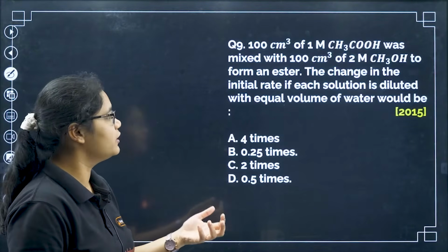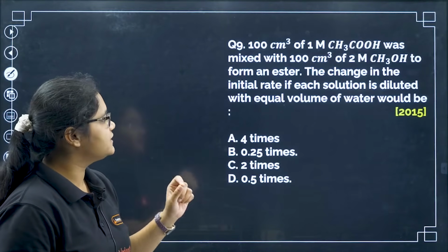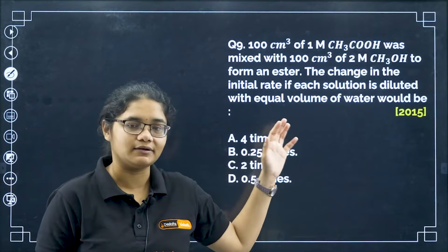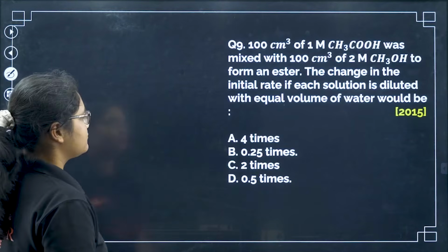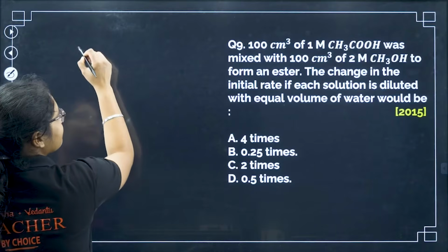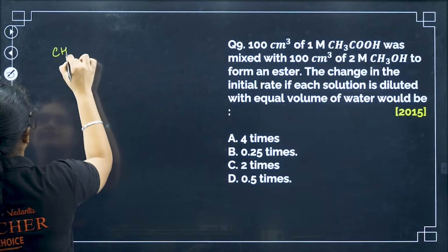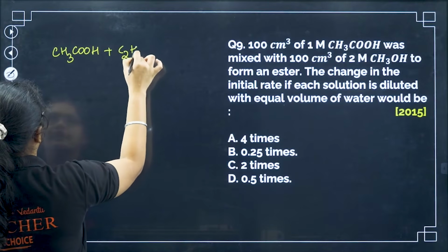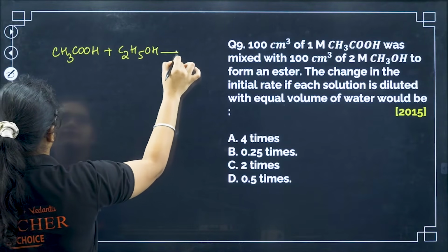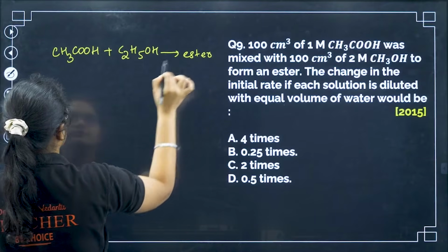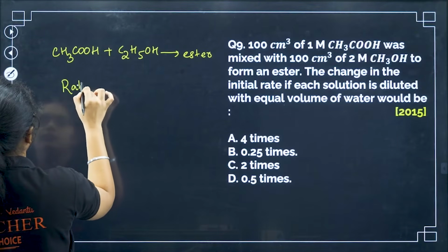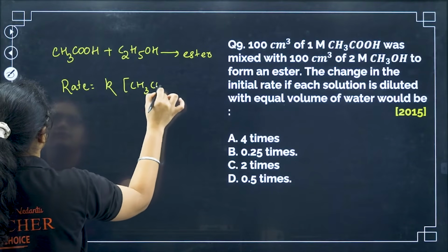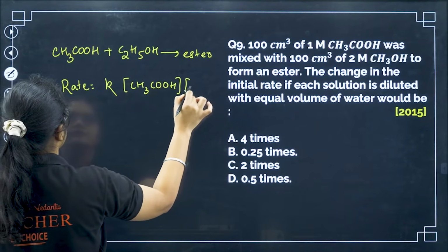Next, 100 centimeter cube of 1 molar acetic acid was mixed with 100 centimeter cube of 2 molar ethanol to form an ester. The change in the initial rate if the solution is diluted with equal volume of water. So we have done this question previously, like the same question. So for example, we have this reaction, right? CH3COOH plus C2H5OH will give me one ester, right? So the rate here will be equal to K into concentration of CH3COOH into concentration of